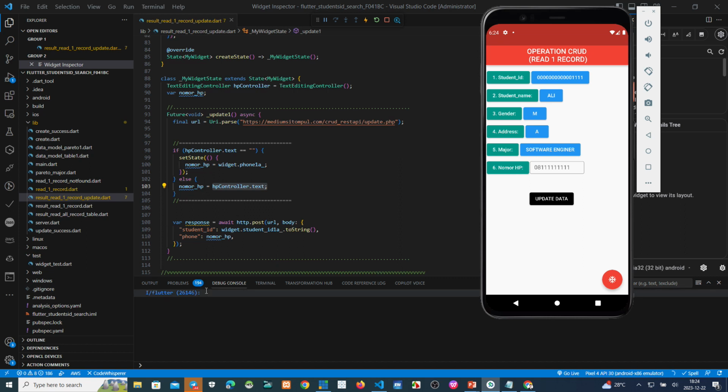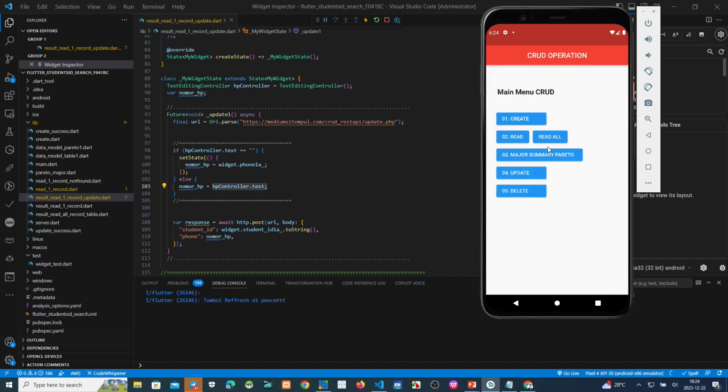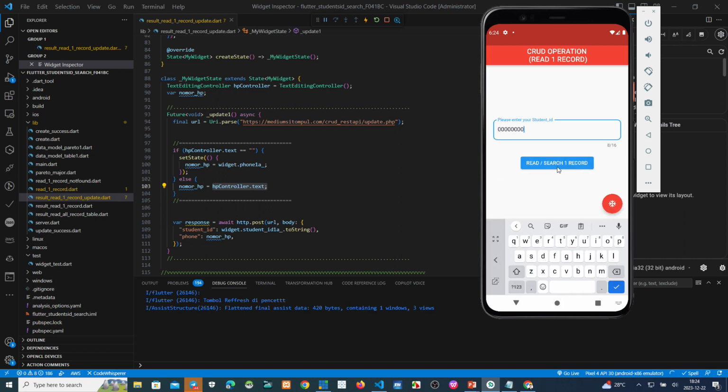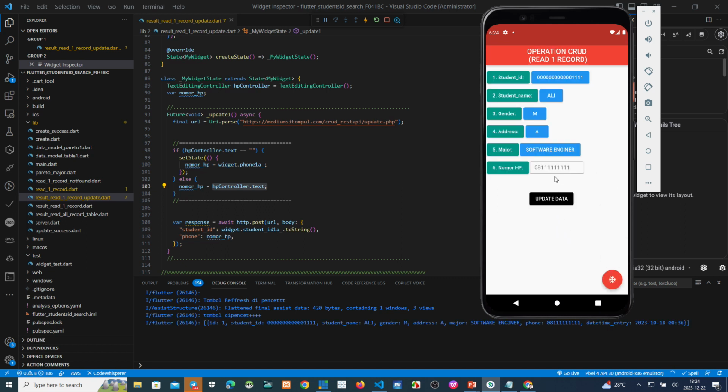Because if not 0, become a blank. If we check again, this is become a null or blank. Read this one. Okay, you can see the data become blank. Oh, not blank. Why? Is it correct?